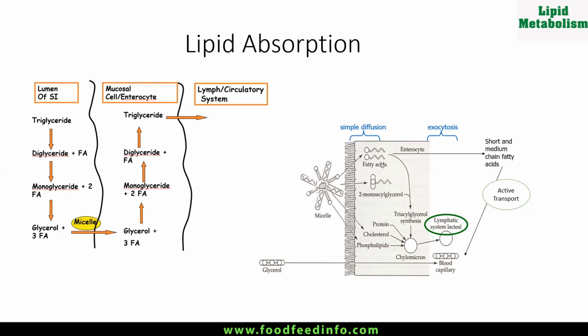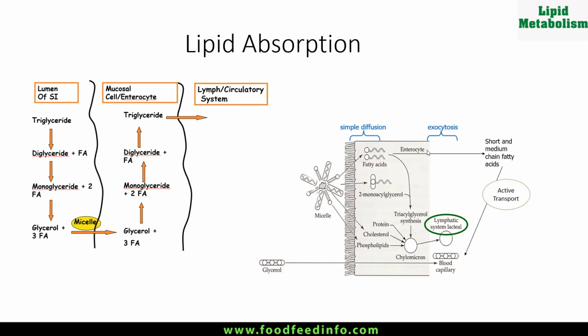free fatty acid. There is a monoacylglycerol. They are then repacked in the enterocyte into triglyceride. Then there is a protein, cholesterol, phospholipids. So all of them are packed into a chylomicron. This chylomicron then passes on to the lymphatic system or lacteal, whereas the short chain fatty acids, they